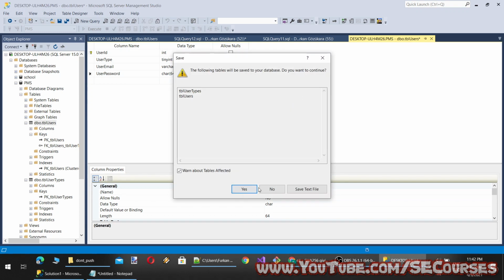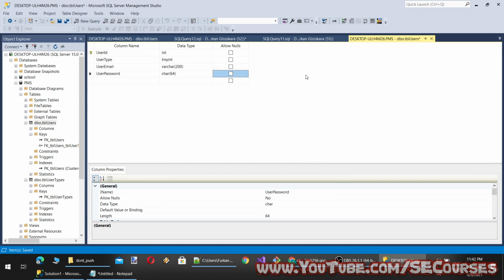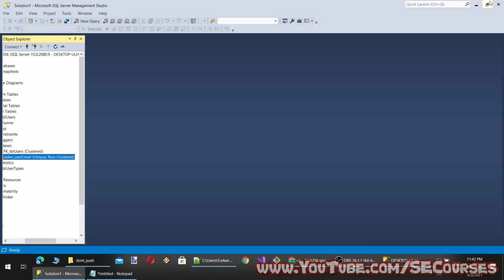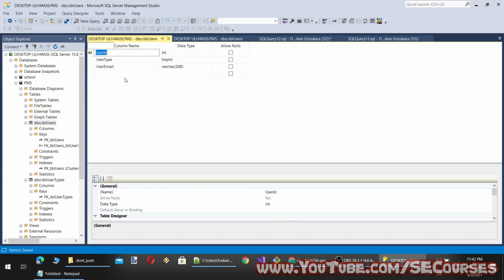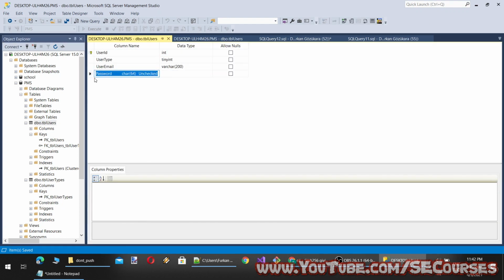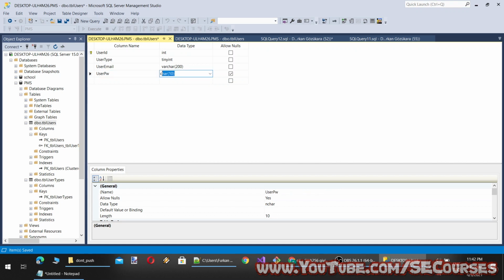And what other info would we need? By the way, it is showing this each time. Do you know why? Because we did set a foreign key here. Oh, by the way, it says that the index was added and it will be deleted because it was added here and not on this window, on this instance. Therefore, I will just copy this, then open another design. Oh, it is gone. Yeah. Okay, let's say user password, varchar 64.